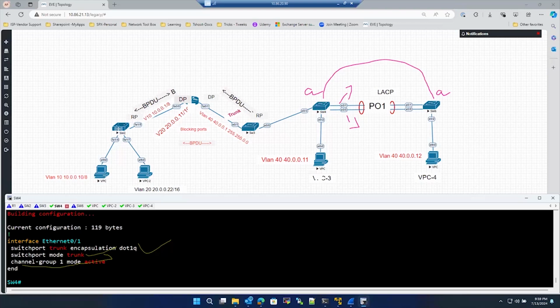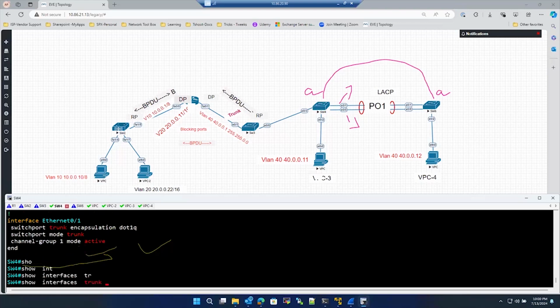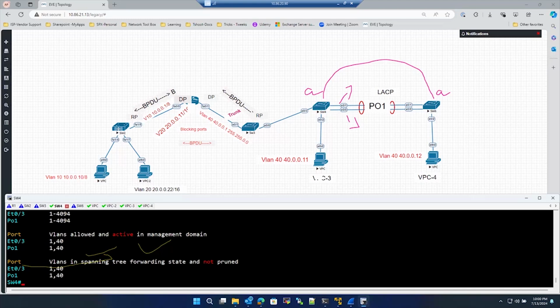Since this is an open trunk, if I give show interface trunk, I'm allowing only VLAN 40 over here. This port, right? Port channel 1. If you look at where this port is going, if I give show CDP neighbor,